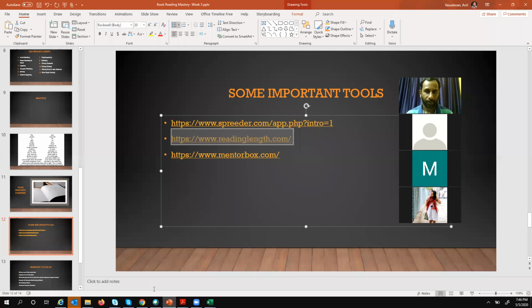Okay. Another thing is, I hope you all know about Mentorbox, right? Yeah, that's the read a book in 10 minutes ad that keeps coming, right? Yeah, true. I think it is a very good tool. Normally they tie up with authors, and the authors are the ones reading the books and giving the gist of the book. And in 10 minutes, you can get the complete message and the complete content, meaning what exactly the book is talking about.